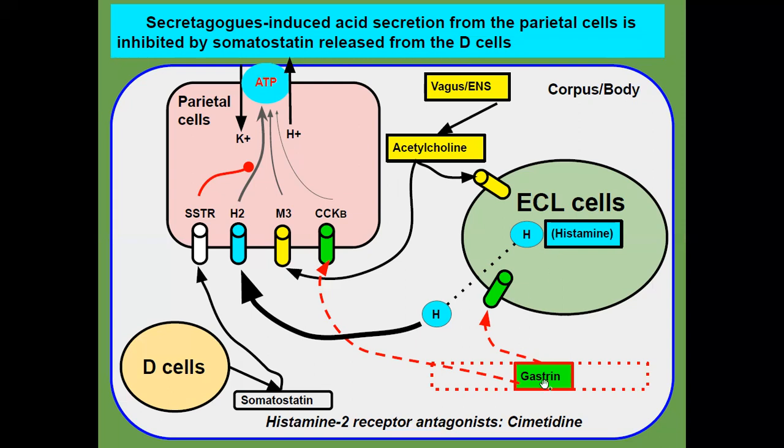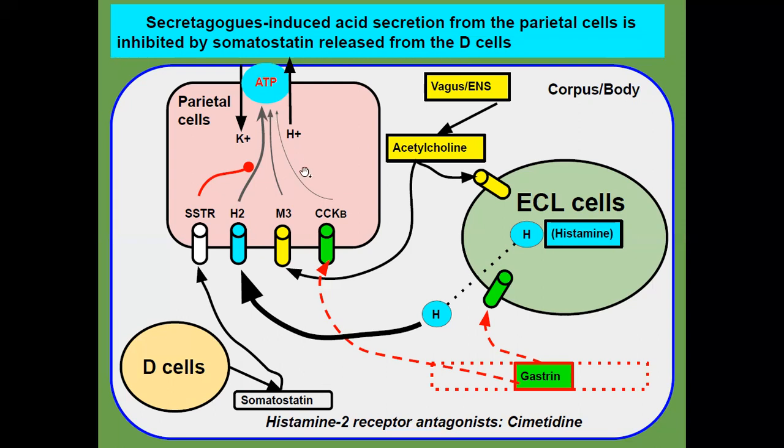This means the gastrin released from the G cell into the circulation system eventually acts on ECL cells by binding the gastrin receptors, CCKB, and acetylcholine will also bind the M3 receptors to induce ECL cells to release histamine. Then histamine released from ECL cells will bind H2 receptors to stimulate the parietal cells to